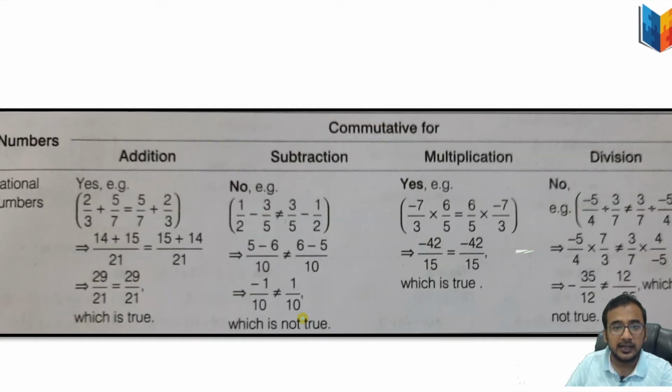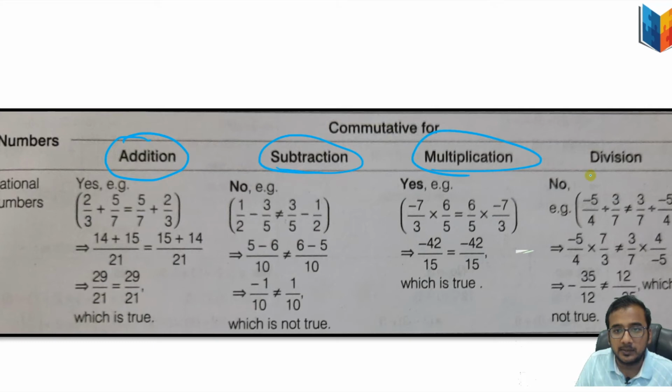Try this one at home, and this video will help you. Again, I have put some notes for you all, on rational numbers: addition, subtraction, multiplication and division. As you can see, it is a very important and very handy note. You can just click a picture, do anything, but it's very helpful.